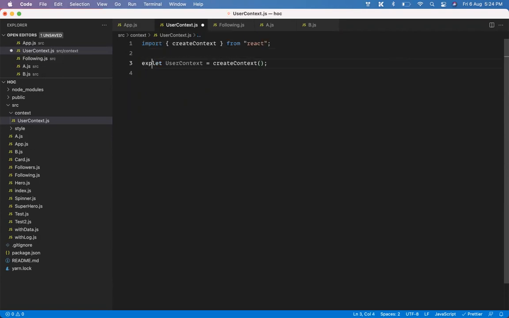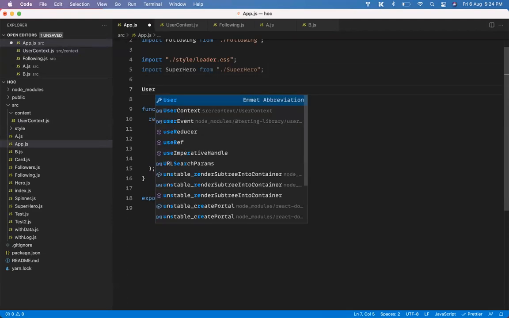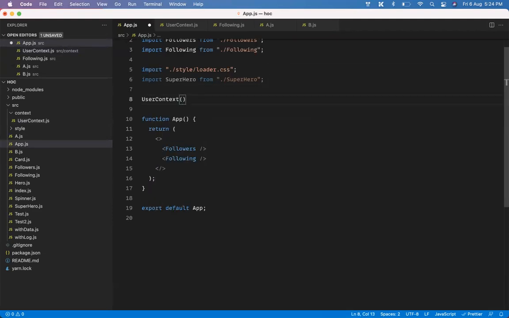And if you want to use it at different places, you can just export it and use it. I'm not going to do anything else. You can think of context as just like a variable, or an object. That's all it is. It's a context that has a value. If you want to take a look at it, you can import user context and see what it is. So I'll say console.log, with a message saying context.